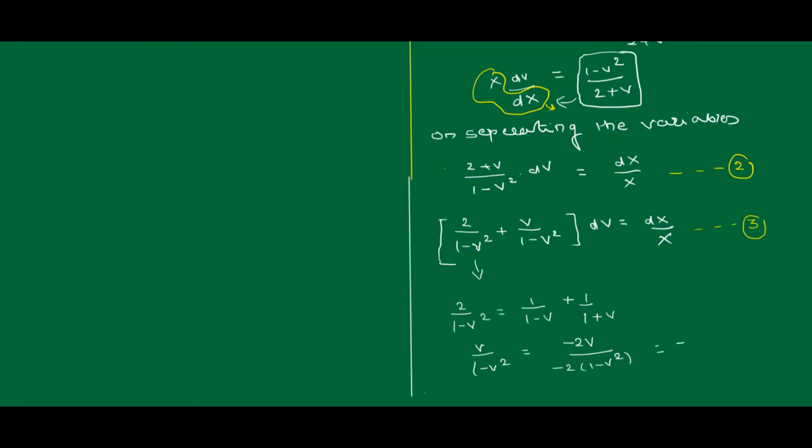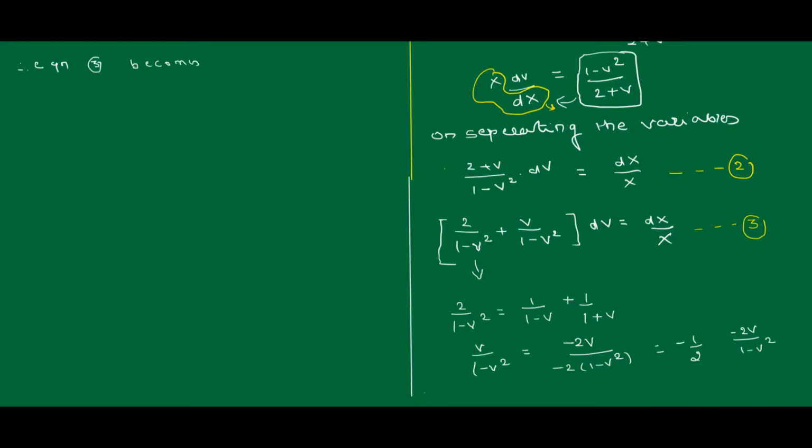So this one you can also write it as minus 1 divided by 2 into bracket minus 2v divided by 1 minus v square also. So that minus 2 gets cancelled, again you will get the previous term. Therefore equation 3 becomes,